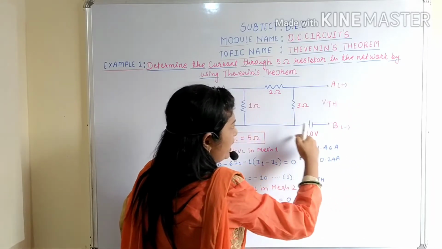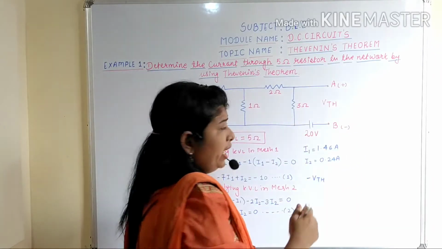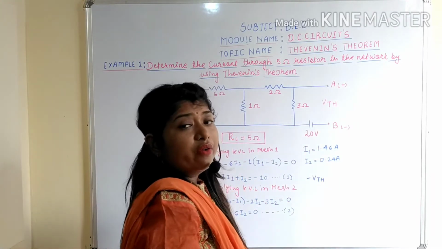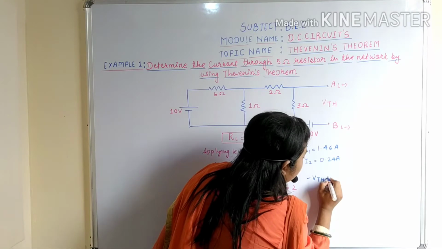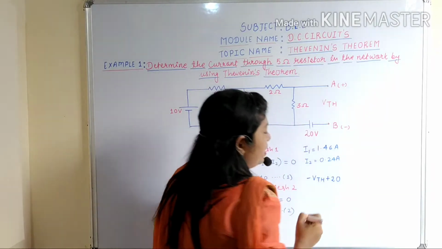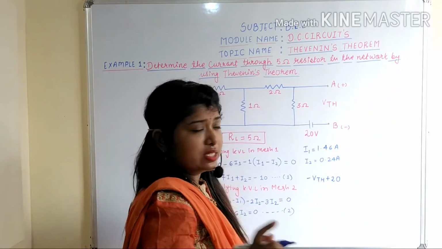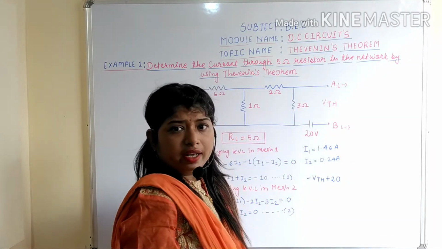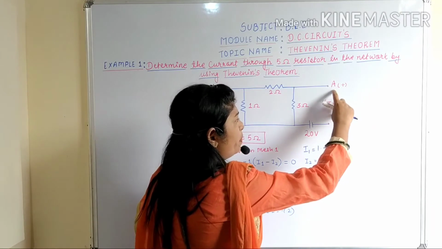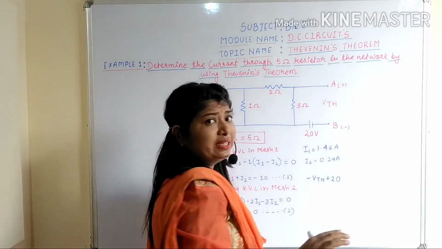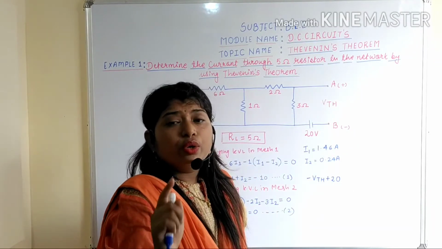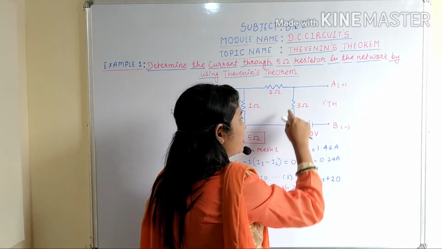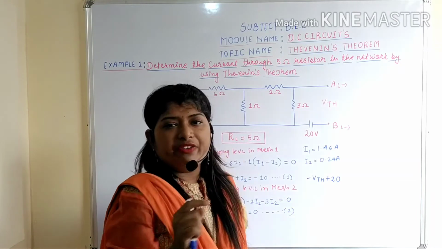Now as I am going in clockwise direction, can you tell me if we go from negative to positive, there will be rise in potential, and due to that the EMF is plus 20. I hope you have understood this. Now here, current flowing through the 3 ohm resistor is what? As I told you, due to this open terminal, current flowing through this path is 0. What you need to do? You have to consider current flowing through that particular resistor from the previous current.